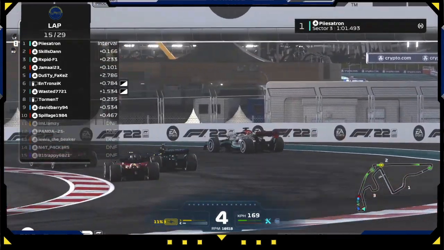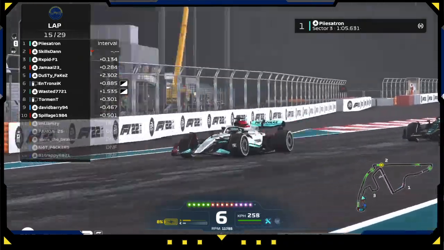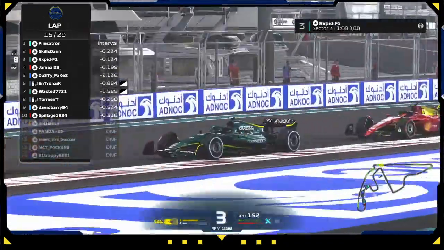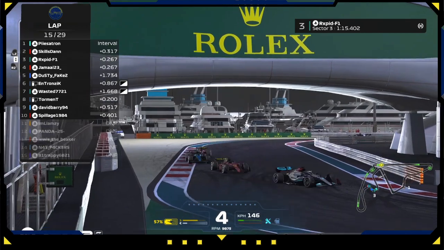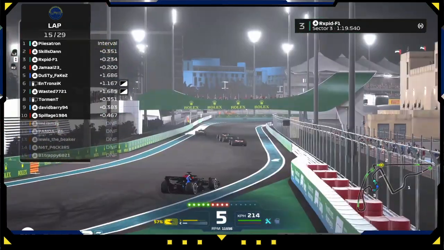Is he gonna come out on top? He sure has more traction coming out of that corner, and the Aston Martin might benefit out of that. Is it gonna be enough? I don't think it is. The position did not really change after sector 1, and it's still gonna be Piastri P1, Skills Dan P2, Rapid